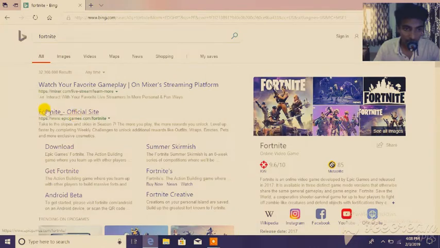You can see here Fortnite official site. This is the official site of Fortnite. On the Fortnite official site you can create an Epic Games account there, or if you have an Epic Games account, then you can directly click on download.